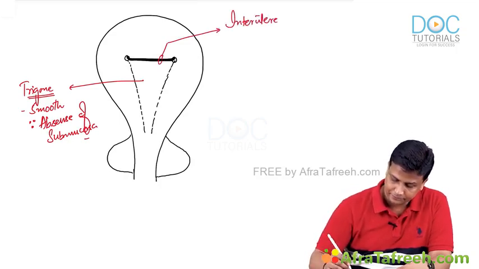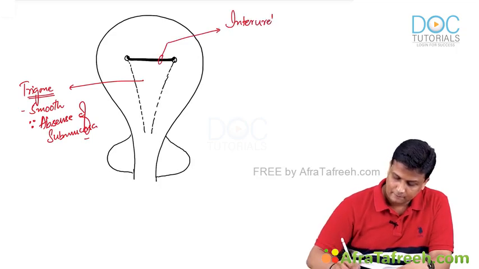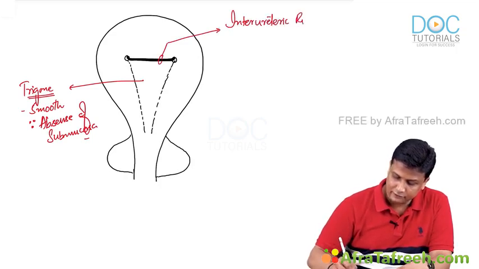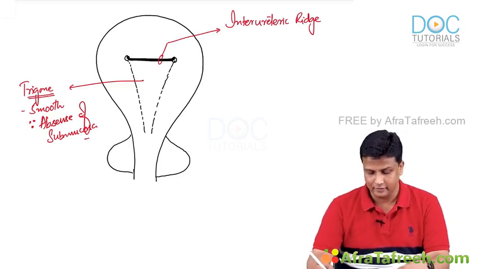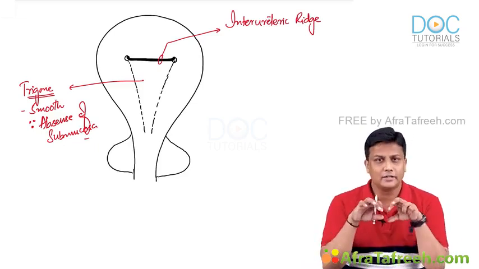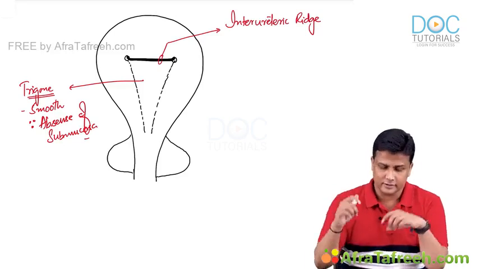Interureteric ridge. So the name is very much meaningful here, guys. It is actually between the two ureters. That is why interureteric ridge. Fine. And not only that, the muscles are not only going just between the two ureters, the muscles are even